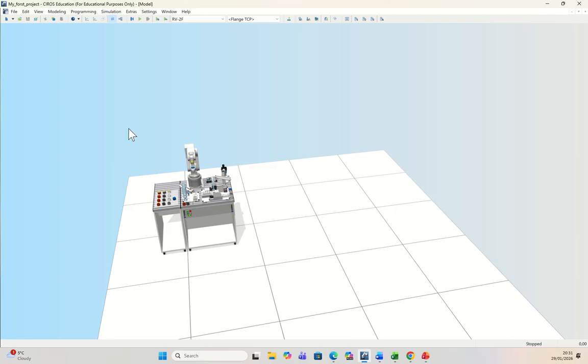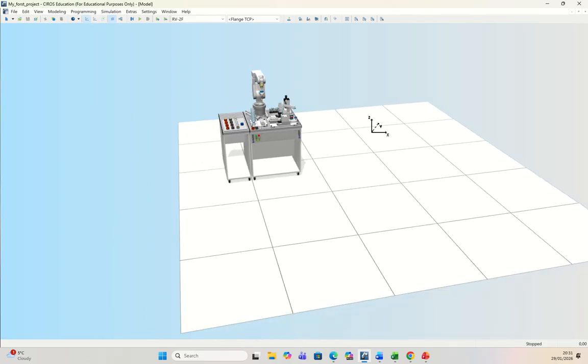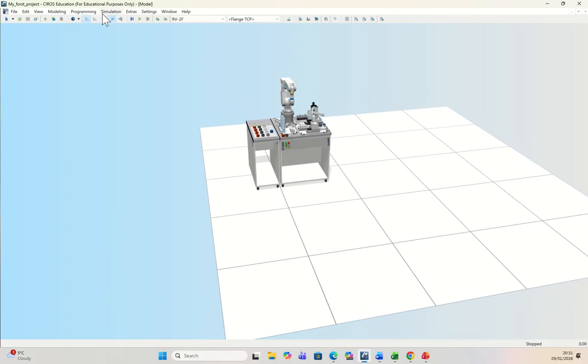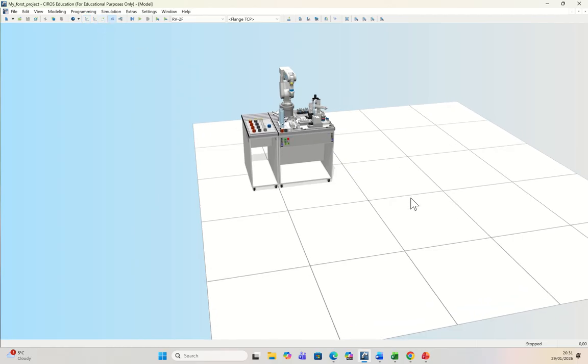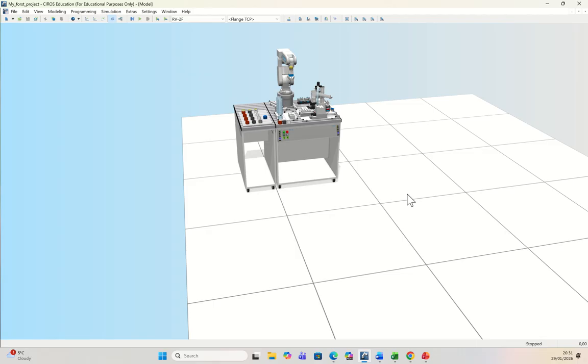The robot. And I will also go to move and I will move this robot a little bit. I will go to zoom and I will zoom it like that. Again, you can use the keyboard and the left mouse key to rotate, and also to move. For example, control and shift,